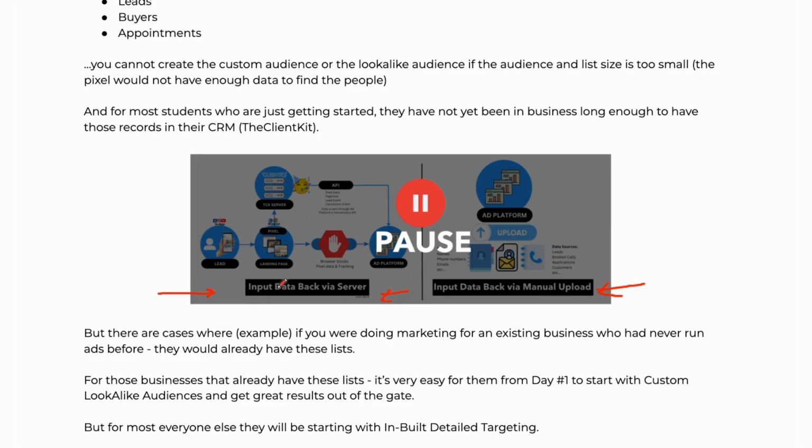As you're doing more and more business, this side is automatically being sent over to the ad platforms. And then over time, later on, you can go in and manually upload these as well. Now, I will also go ahead and mention, though, there are cases, for example, that if somebody was doing marketing